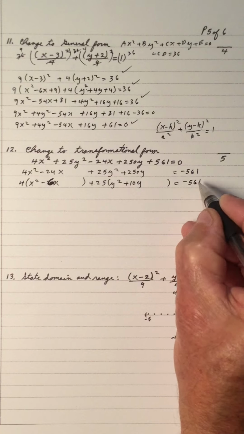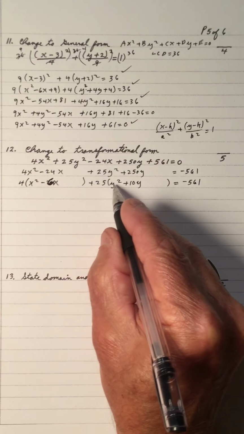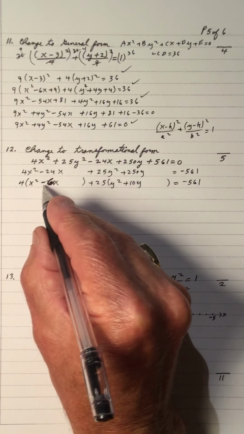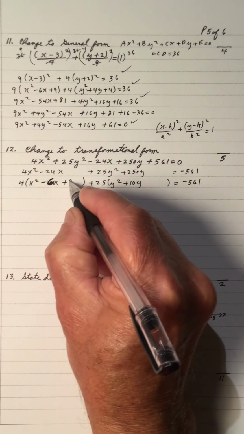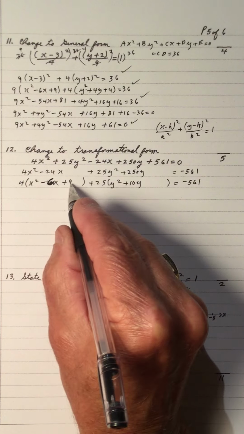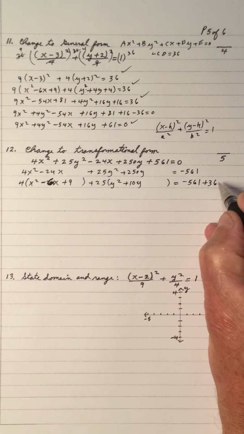So I just factored the 4 out to have a 1x squared, and I factored the 25 out to get a 1y squared. Now I complete the square. So I'll take a half of negative 6, which is negative 3, squared is 9. As a result of putting 9 in here, to get a perfect square trinomial, I have to go 4 times 9 and balance,